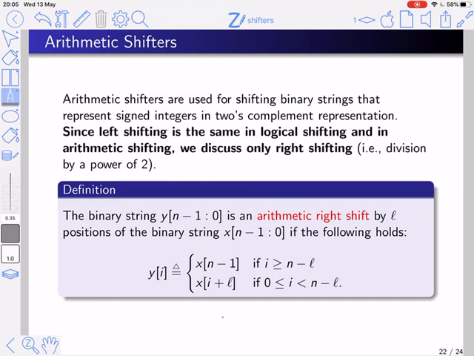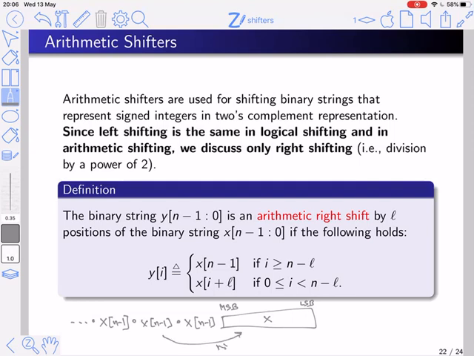You can view it as if I took x, and this is the LSB, and this is the MSB, and I padded it by the most significant bit of x. So this would be x_{n-1}, x_{n-1}. So I'm padding copies of x_{n-1} in this fashion,